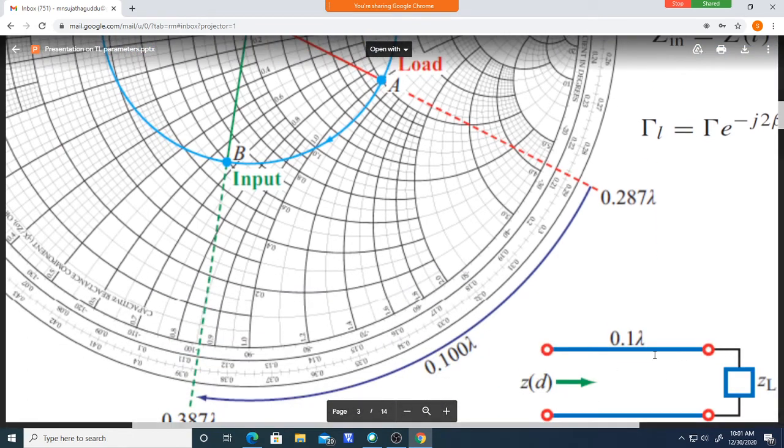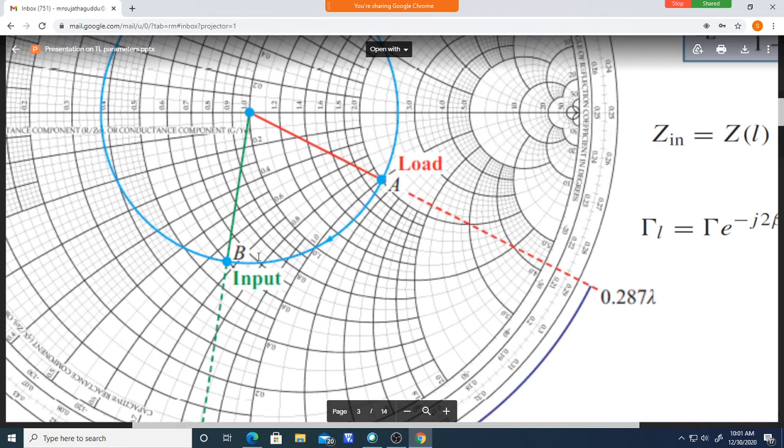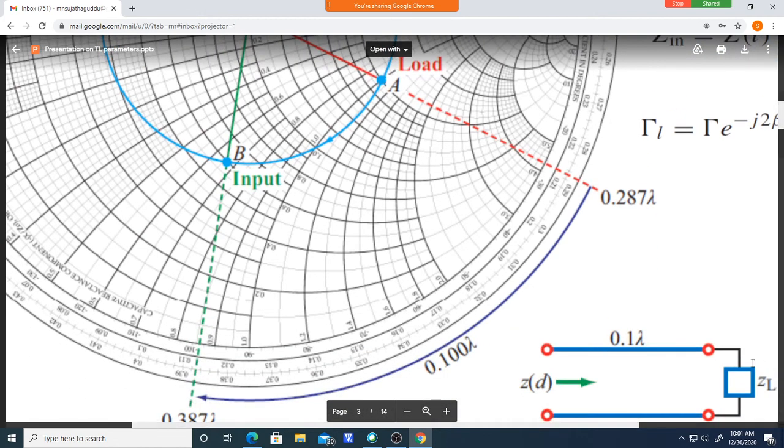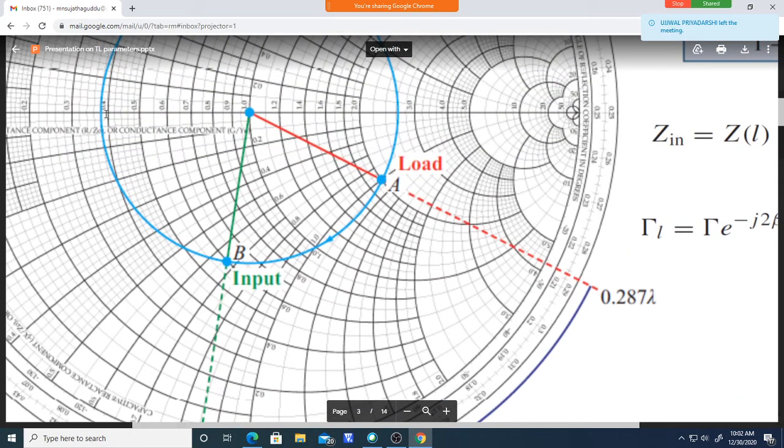As you move like this, at some position, some distance we travel from the load, we travel like this and reach this position. At this position we observe a very low value of impedance. That value will not repeat anywhere over the VSWR circle. This is the minimum value we can observe on the VSWR circle. That means that is the minimum impedance, because moving on the VSWR circle means moving on the transmission line. So at this position we observed the minimum value of impedance.